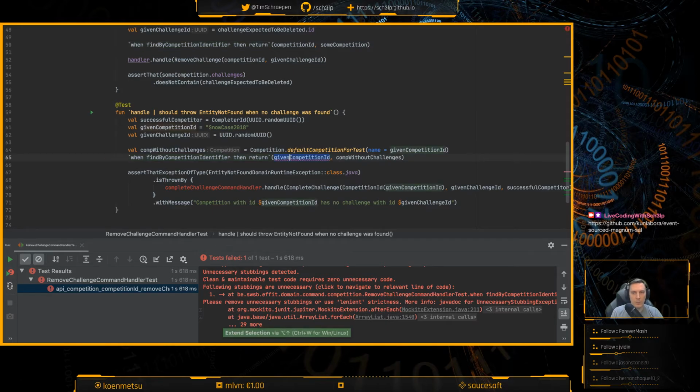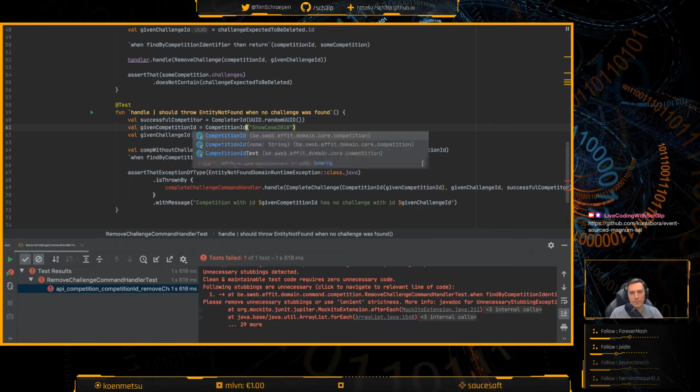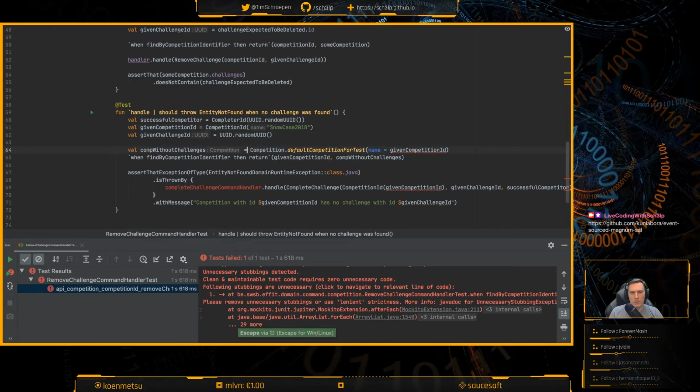Here I use the competition ID. I guess we'd never used a string here, so let's do it like this. This is why we use a string apparently.